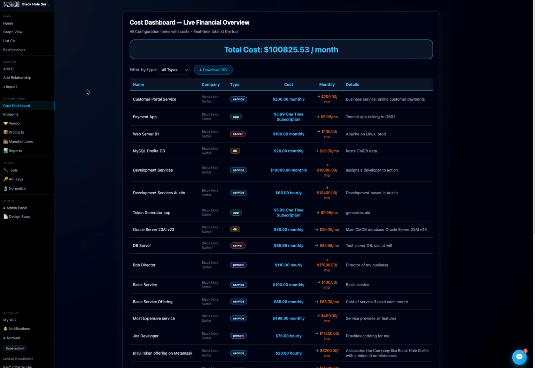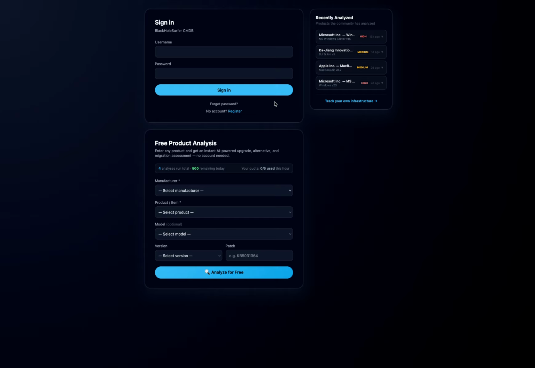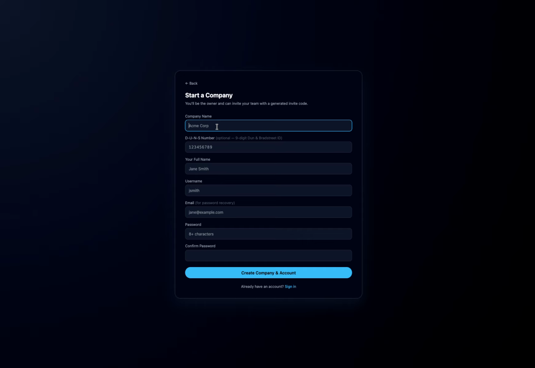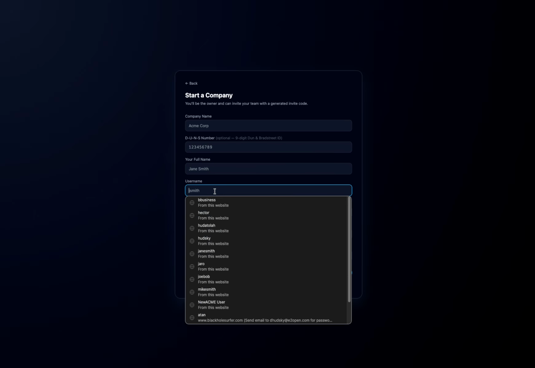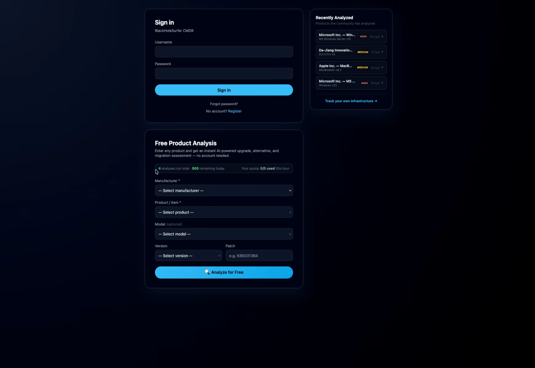You can also, of course, create your own account here. So if you go to, let's go back to, you can create an owner account and one employee for free, no problem. So if you start a company here, just enter your company name. If you have a DUNS number, if you don't have one, that's fine. What's your full name as the owner, and you're going to have a username. So this username here, you want to save that because we're going to set a password here. So you need to remember your username and password, and the reason is because with this username and password,